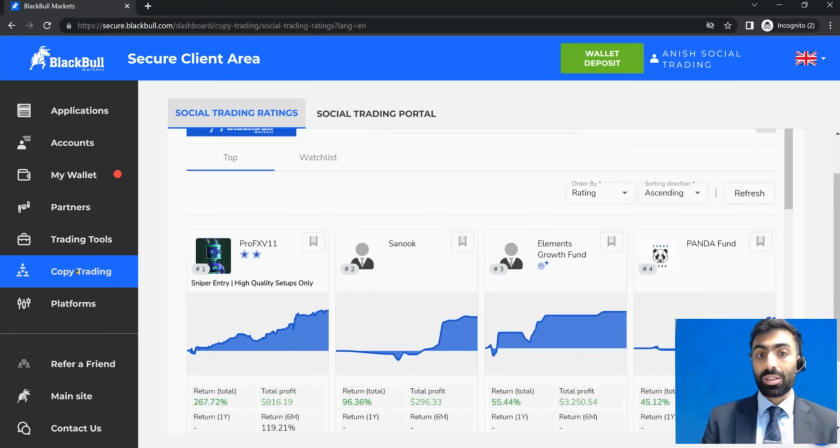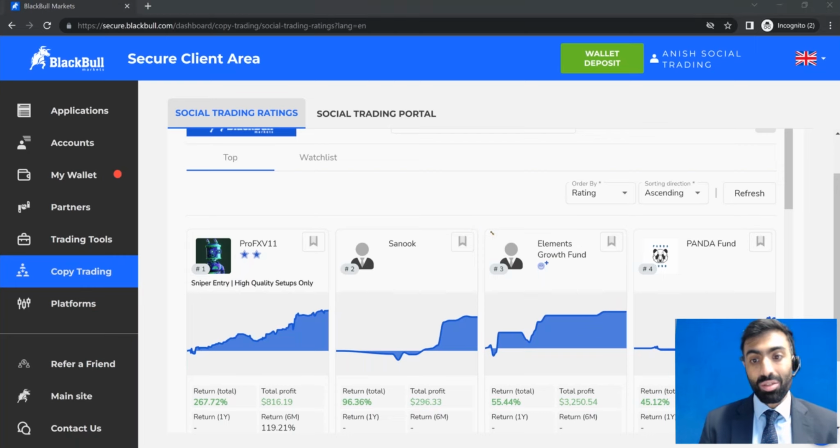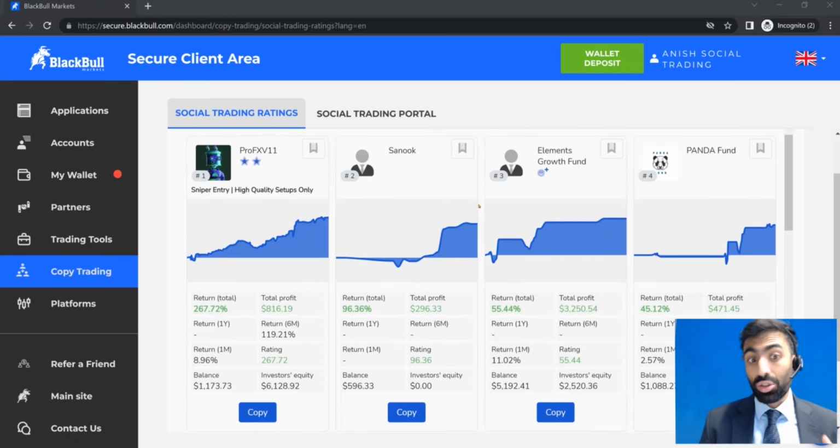One is the ratings module and the other is the portal. Now, within the ratings module, you can see a real-time outlook on all the provider strategies that are on the trading platform. It's important to note the way these are ranked is dependent on a rating, and that rating is determined on several factors, which we will get into through the analytics of it. But ultimately, it looks at how long the strategy has been running for and the profitability of that strategy across